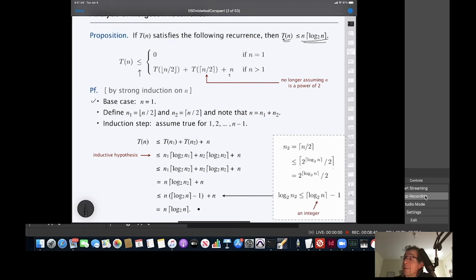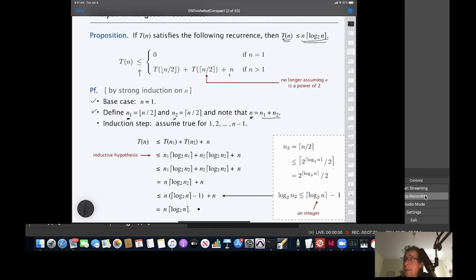But what happens if we have a number that is not necessarily an even number? Then let's define n sub 1 as the floor of n over 2 and n sub 2 as the ceiling of n over 2. And note that when we add those two numbers, n sub 1 plus n sub 2, we get back to n. For the induction step, we assume that the